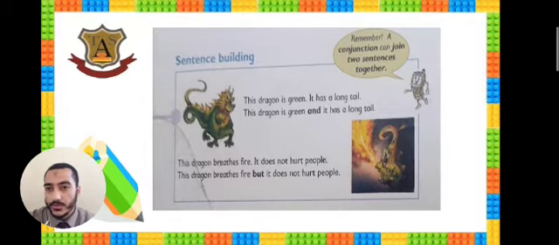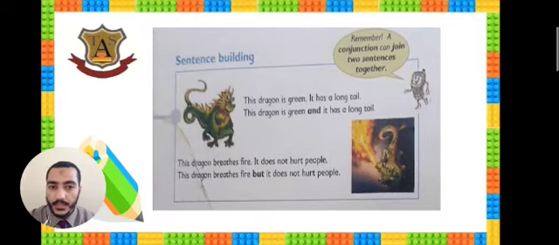So we have to join these two sentences with "but". It will be: this dragon breathes fire but it doesn't hurt people. So if we have two contrasting or different sentences, we join them with "but". For example,